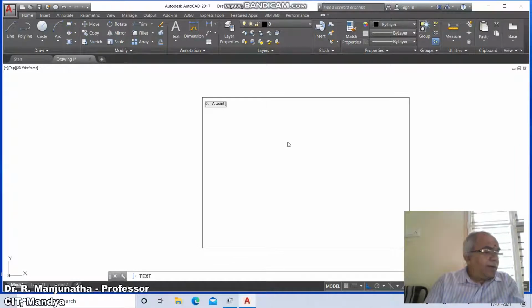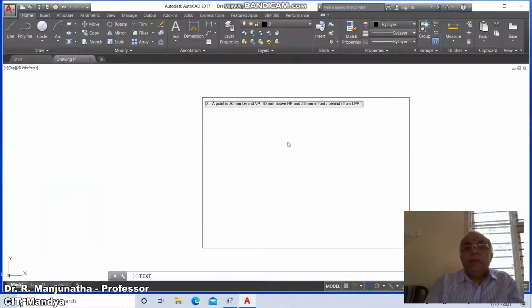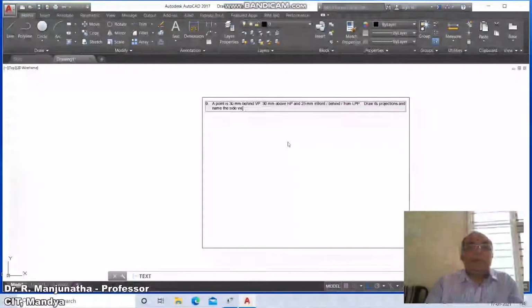A point is 30 mm behind VP, 30 mm above HP, and 25 mm in front of LPP, and draw its projections and name the side view. So this is the problem.